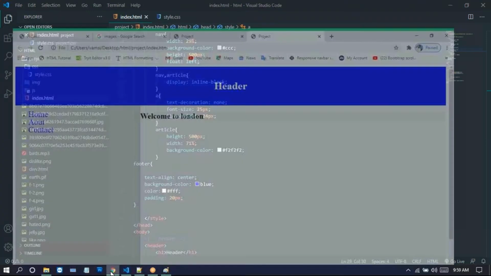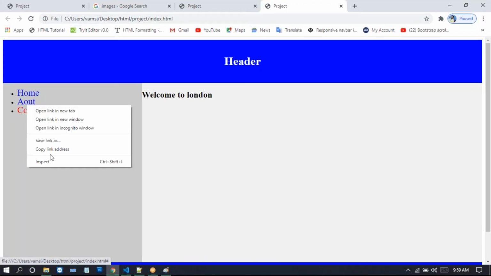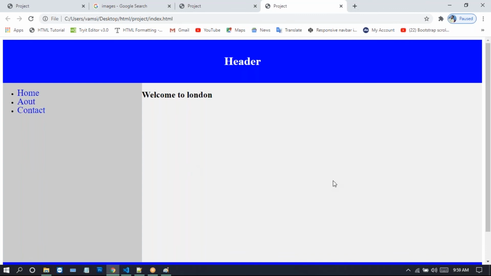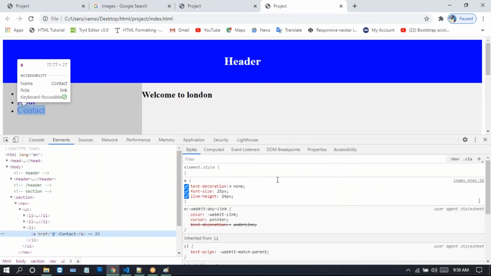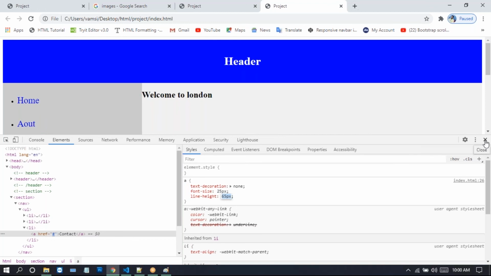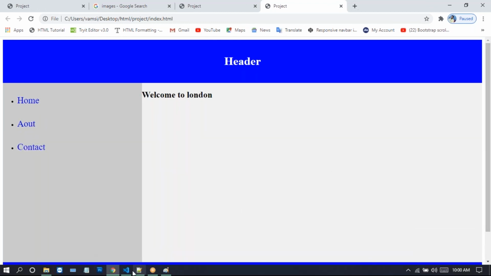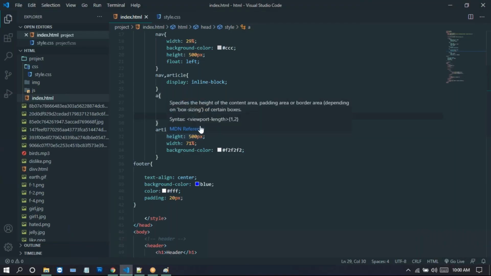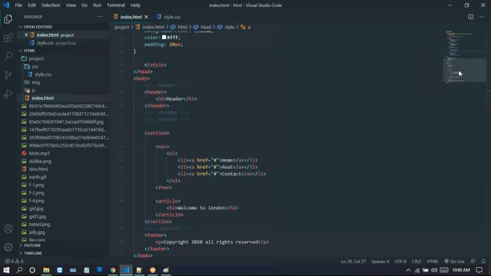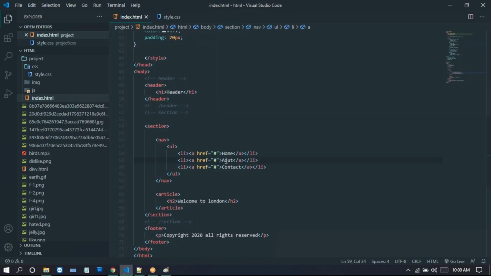So go to this Google and inspect on this one. Now just increase this line height. So here we just increase this line height. See, look at this one. Just increase this one. We're given 65 pixels. So we take the 65 pixels here, and I'm just giving 64. So here we're just giving the 64 pixels, and go down here. We're just missing this B, about, and the contact.